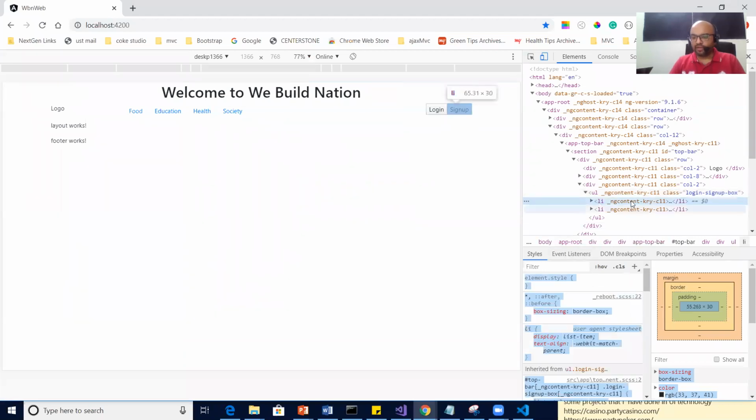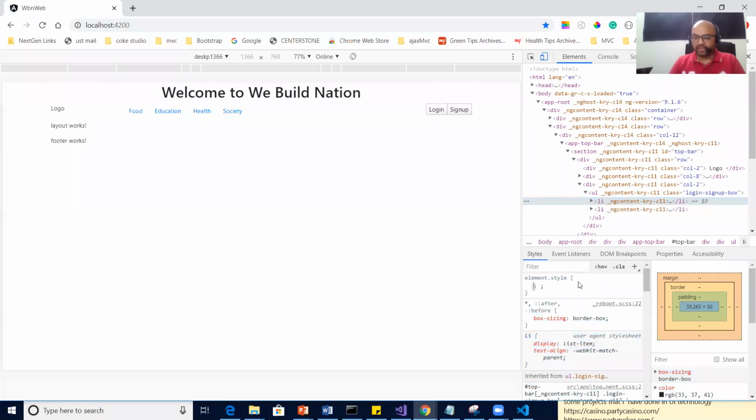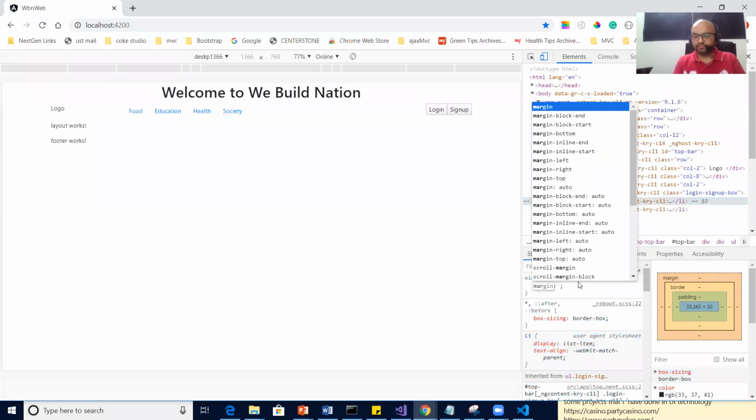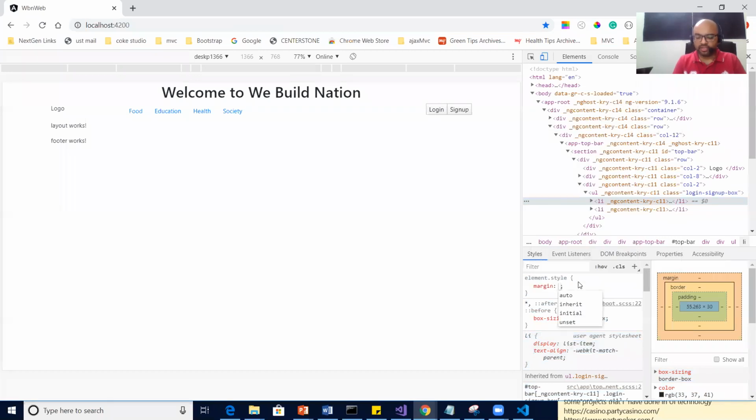So what if I click on this style, I click on this LI, sorry, and there I say margin, correct? Margin. Now margin has 4 properties: margin top, right, bottom, left. So I'm saying top, I don't want any margin. Right side, I want 5 pixel margin.